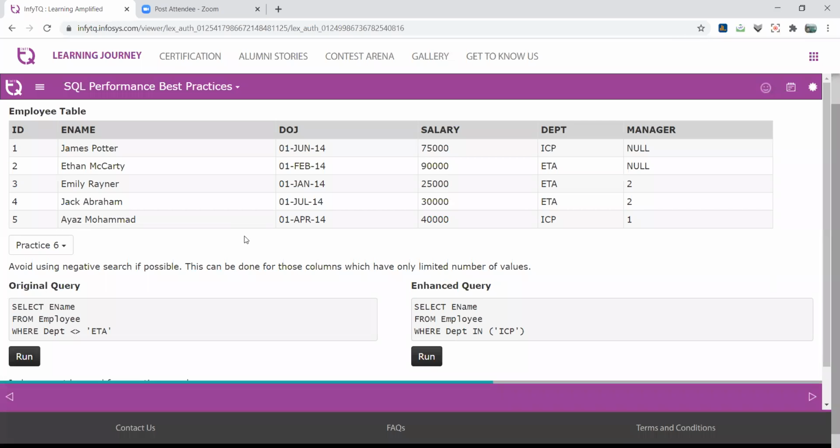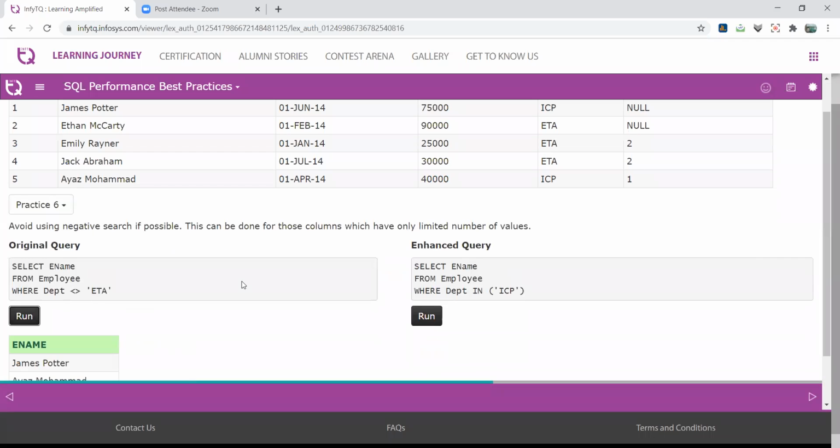सो इन दिस पॉइंट देखो, select e name from employees where department does not equal to ETA, राइट। सो हम ETA को चेक कर रहे हैं 1 से लेके लास्ट तक, रादर देन हम डायरेक्टली चेक कर लेना where department equal to ICP, राइट। तो इस केस में हमें सारे रिकॉर्ड्स को चेक करना है 1 बाय 1। इस केस में हमारे पास में ICP जहां पे भी एग्जिस्ट करेगा उसको हम डायरेक्टली डिस्प्ले करा देंगे भी, राइट। सो दिस क्वेरी इज मच फास्टर देन दिस वन, राइट, चेक दिस।